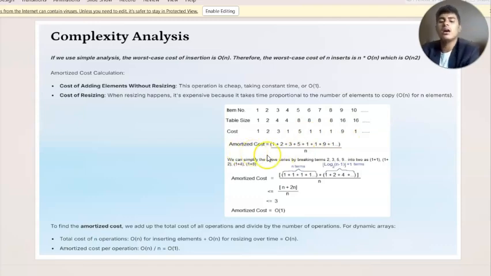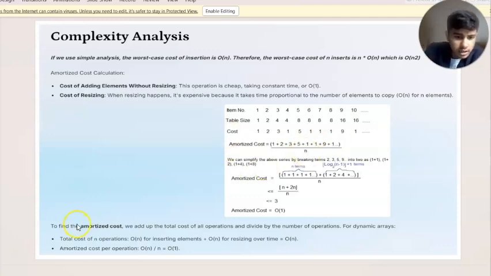And here we saw that amortized cost is nothing but the total cost upon the number of operations. So we can see here in the numerator there is the total cost upon n, which is the number of operations.